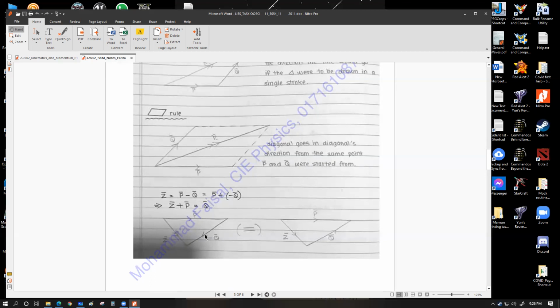This is the equation which is defined by this part. Or we could just revert this arrow sign and get rid of the minus. That's what is shown over here. So this figure and this figure are exactly the same. Have a look. We flipped the arrow direction and got rid of the minus sign. This figure basically tells us that in this case Z and Q are the sequential vectors, which means Z plus Q gives us the resultant P, which is also